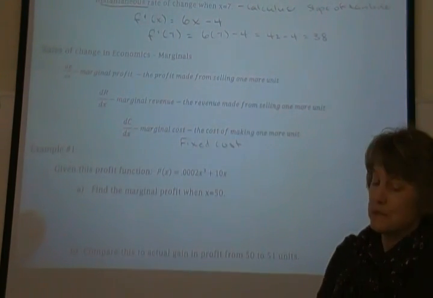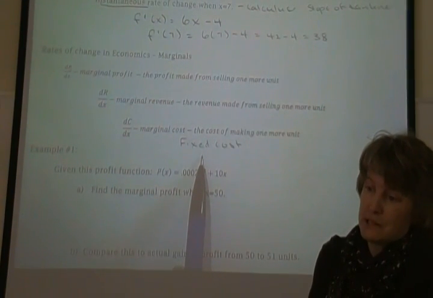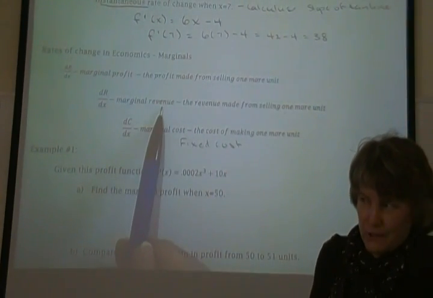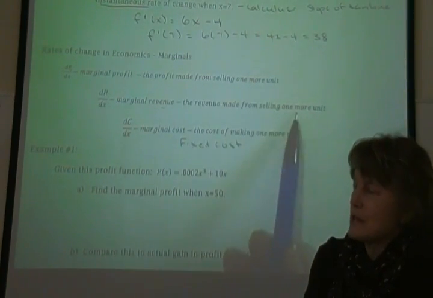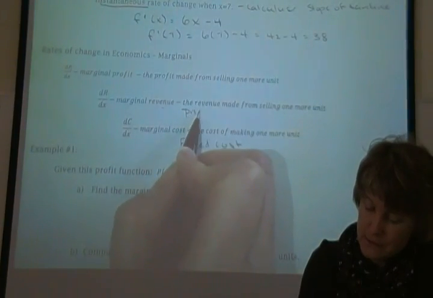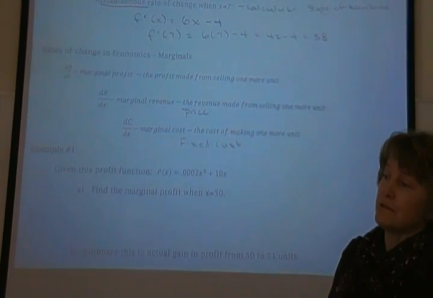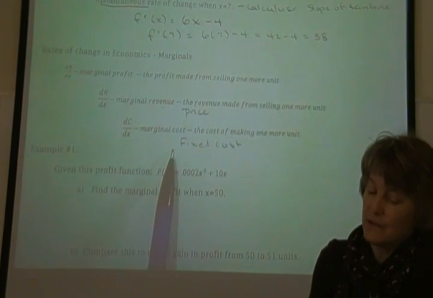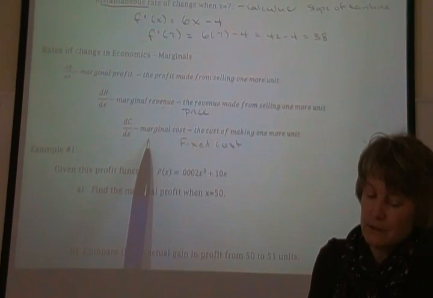So in the problems that we've done, that's not an unknown. I know what my fixed cost is. I know what it costs me to make the next unit. Marginal revenue, I know what that is too. The revenue I'm going to make from selling another unit, that's price. Whatever the price is, that's what I'm getting in every time. So those two things are not something we haven't thought about before, but